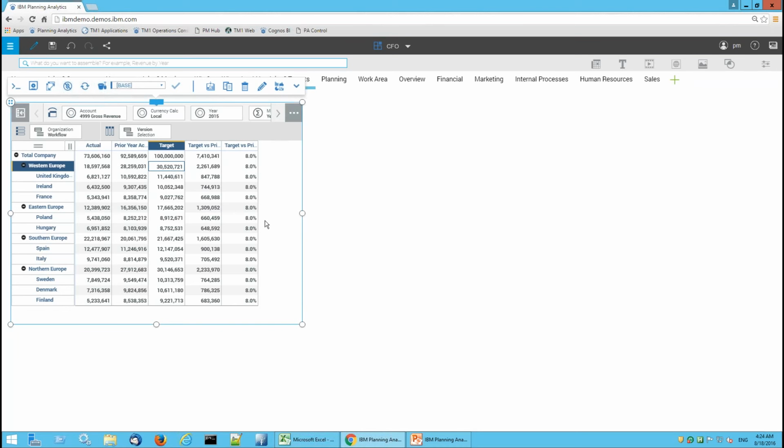Now, what this translates to is, having set 100 million for the total company, that translates into a target for the UK of just over 11.4 million. Okay. Now, having set high-level targets, let's have a quick look at how our managers can plan to try and meet or exceed these targets. And again, within the same workspace,